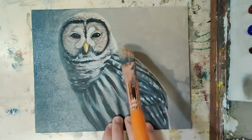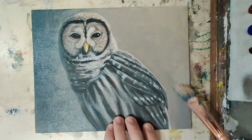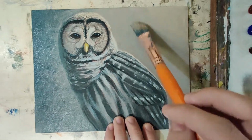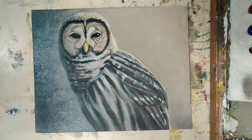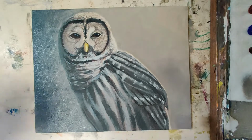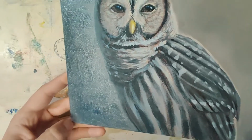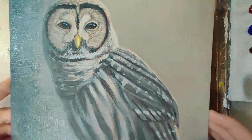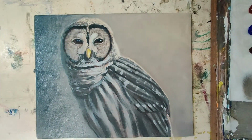Now you're seeing I might be kind of blurring the sides of my owl, just the edges of him against the background. That's okay, because we're gonna refine the rest of that today. Okay, I do like that, and he definitely looks a lot more like he's in an atmosphere where the light's shining on him from this direction. So, pretty good. I'm gonna wash out this brush